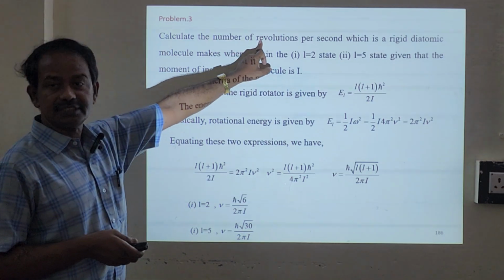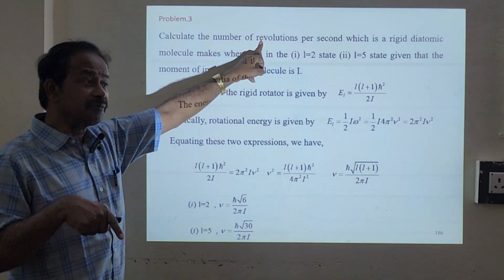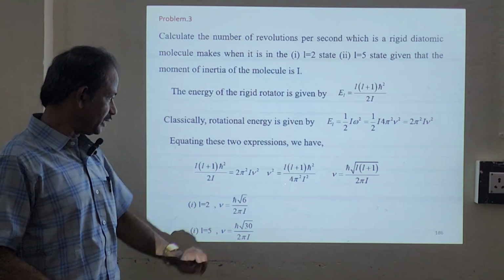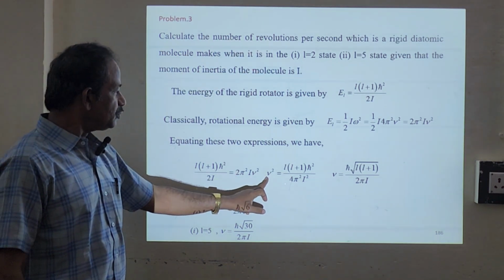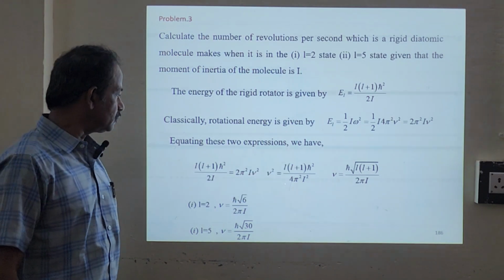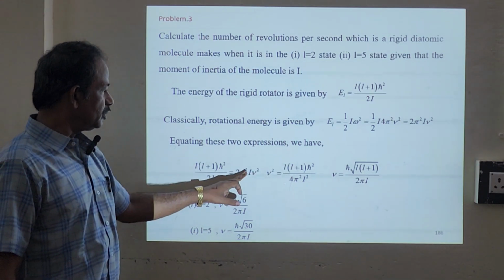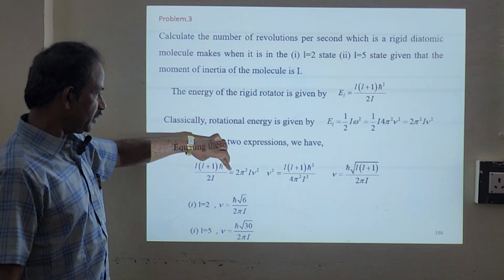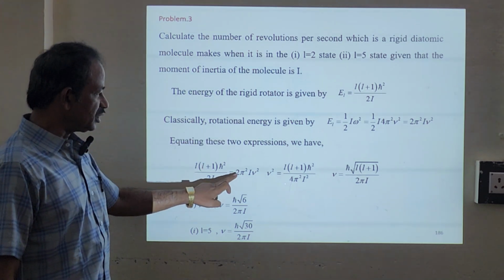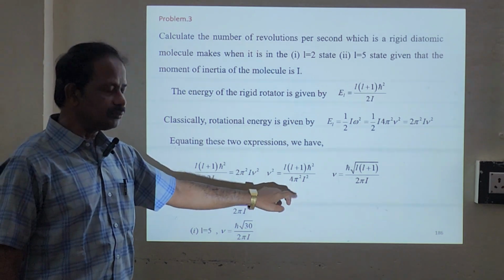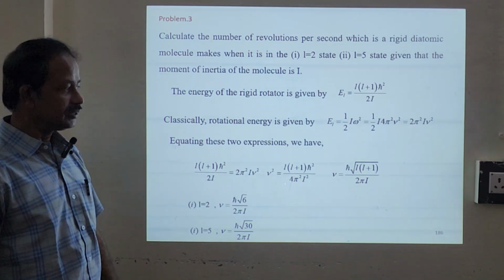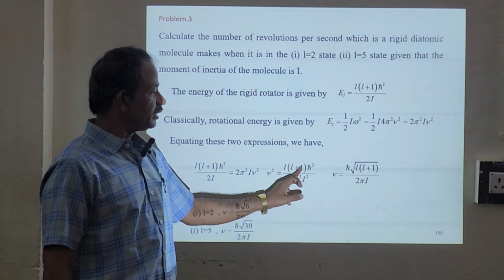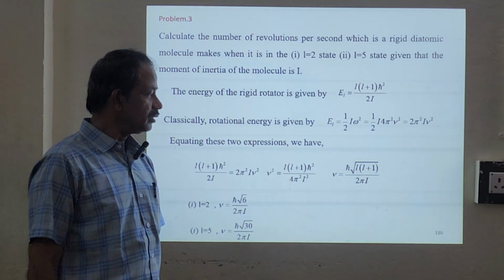Calculate the number of revolutions, it's asked. Nu stands for number of revolutions, it's a frequency. That's why it's nu square. So keep nu square and move the remaining terms to the right hand side. So we'll get nu square equals L into L plus 1 h bar square divided by 2I multiplied by 2 pi square I, that will give you 4 pi square I square. Take the root. So your nu will be root of L into L plus 1, h bar